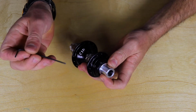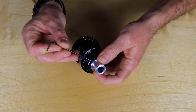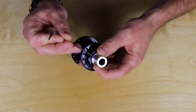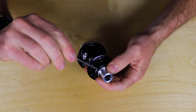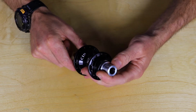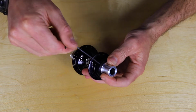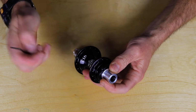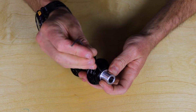And go in with the long end of your L-type Allen wrench and make sure it's firmly seated in the first of the 3 set screws and rotate that about 1/2 to 3/4 of a turn counterclockwise. Then rotate to find your next one, loosen that 1/2 to 3/4 of a turn, then your final one,